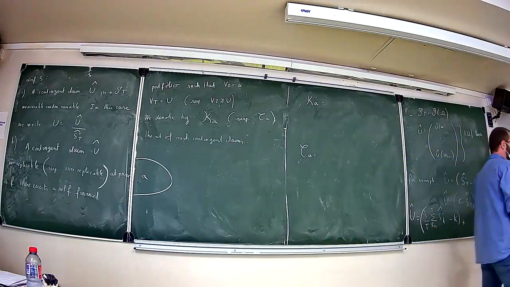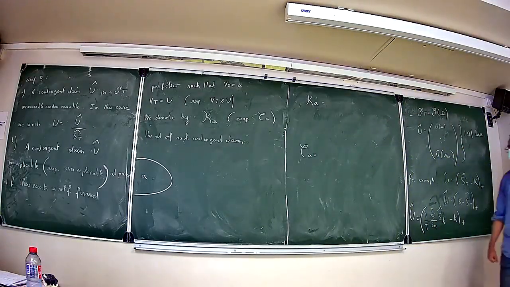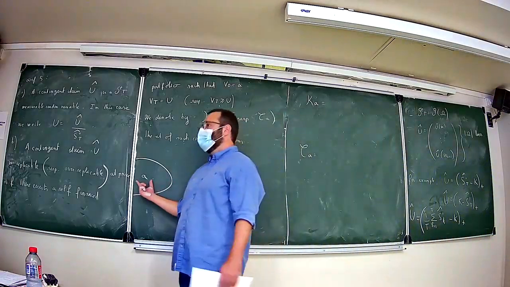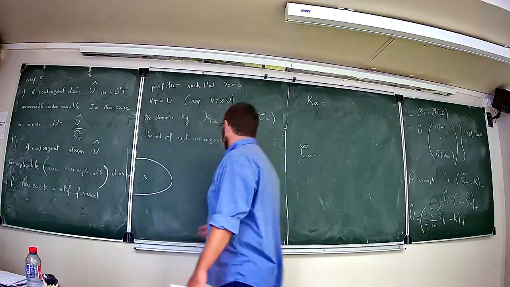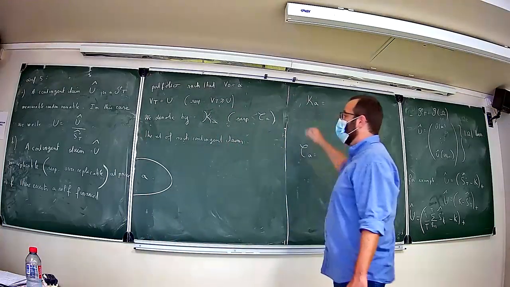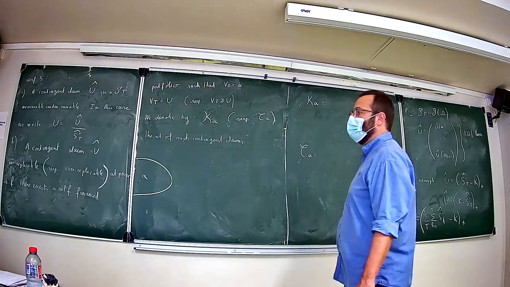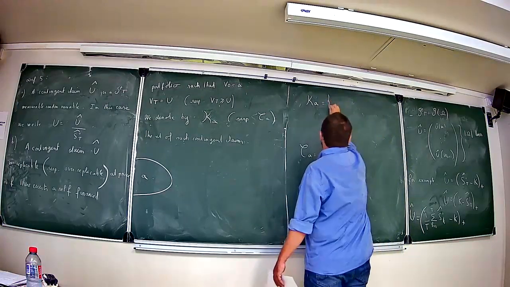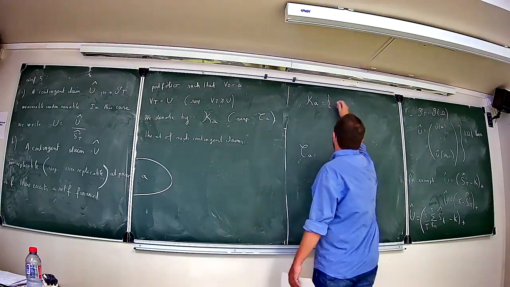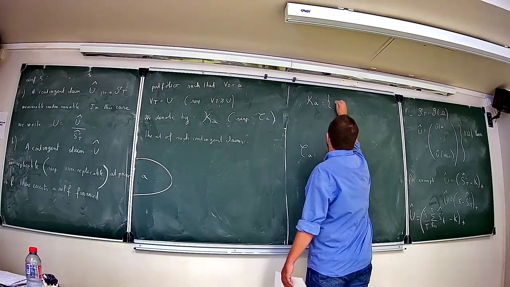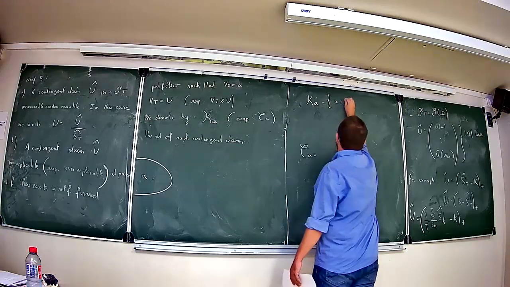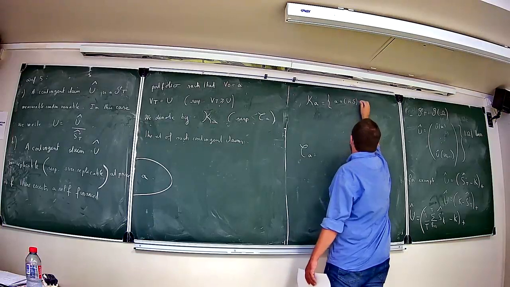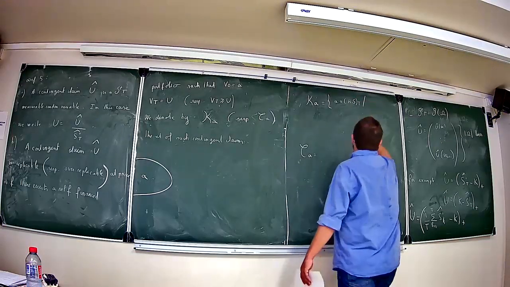So in other words, I can define the set of the replicable contingent claims in this way. It's the set of the things that may be written as a plus H S capital T, such that H